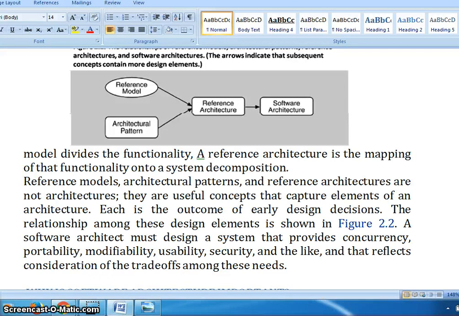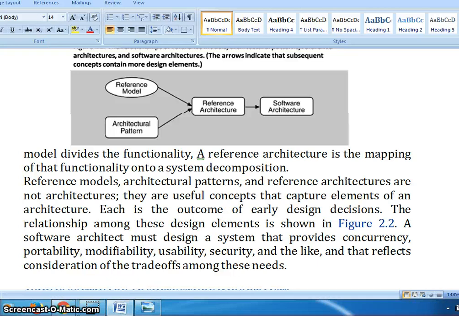Reference architecture is a superset, and within this superset we can make two subsets, that is reference model and architectural pattern. So the functionality present in a reference model and the architectural pattern are within the reference architecture. Also we can make a second difference: the reference model divides the functionality, and the reference architecture is a model mapped onto the software elements.